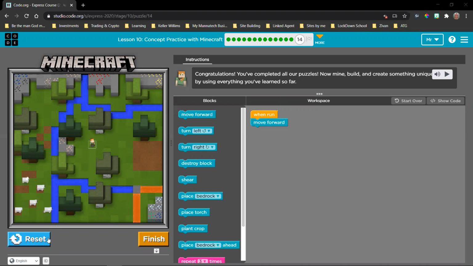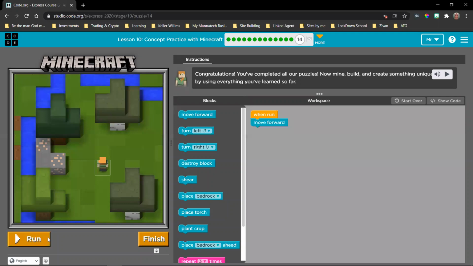So it's not something we're going to do in class, but it is, however, something that if you would like to, you can send me a screenshot. I would actually love to see what you guys decide to make here. But yes, you can send me a screenshot, not only of the play area with your finished creation, but also of the workspace that will share the code with me that you created to do this with. Okay.